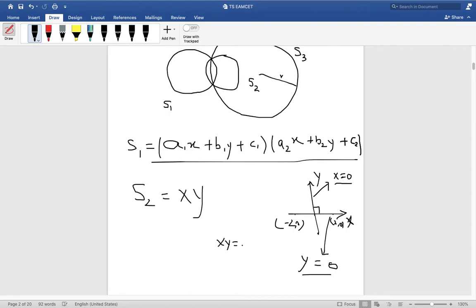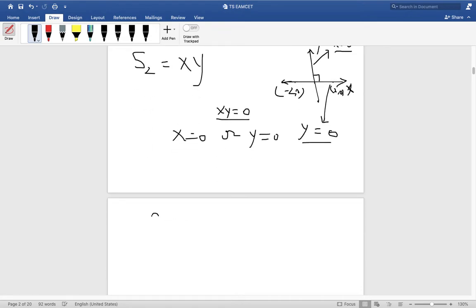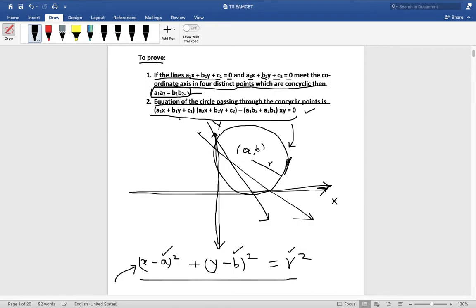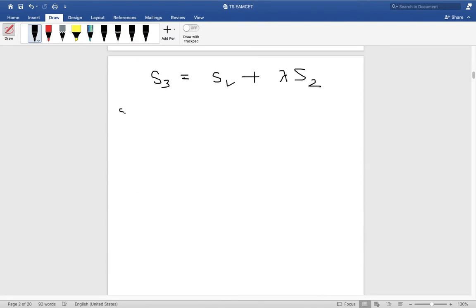xy equals 0 represents the x-axis and y-axis, because the solution for xy equals 0 is either x equals 0 or y equals 0, and x equals 0 represents the y-axis and y equals 0 represents the x-axis. So I can write curve S3 as S1 plus lambda S2, where S1 represents a pair of straight lines given by a1x plus b1y plus c1 and a2x plus b2y plus c2, and curve S2 is xy. So S3 is nothing but